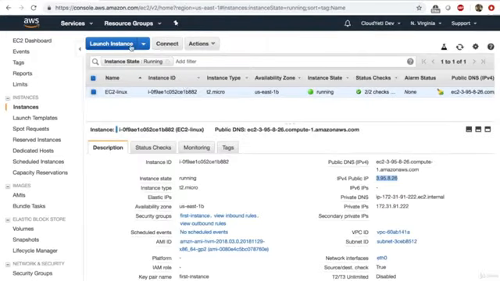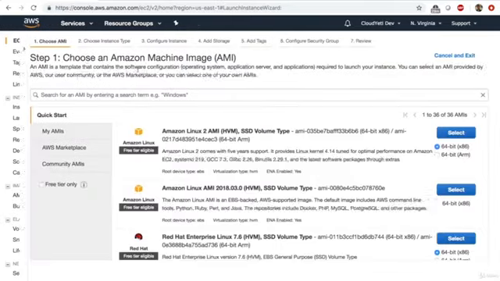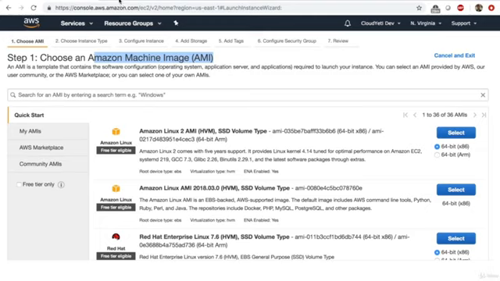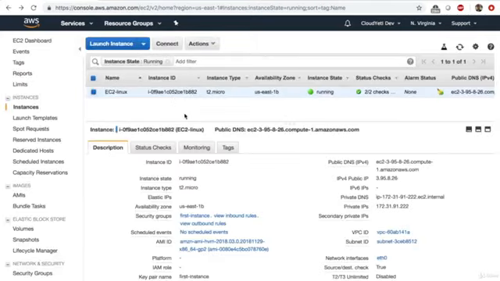If you remember, while launching this instance, we had to choose an AMI. Now, we will be creating an AMI from this instance. So not only the OS settings or the operating system settings will carry over, but also the application settings, like the Apache Web Server will already be installed, will be running, and will contain this file